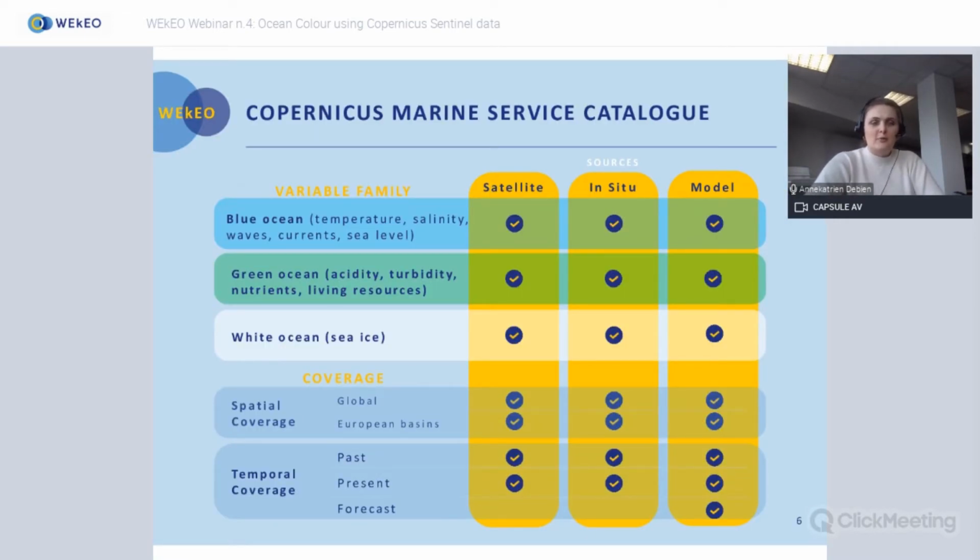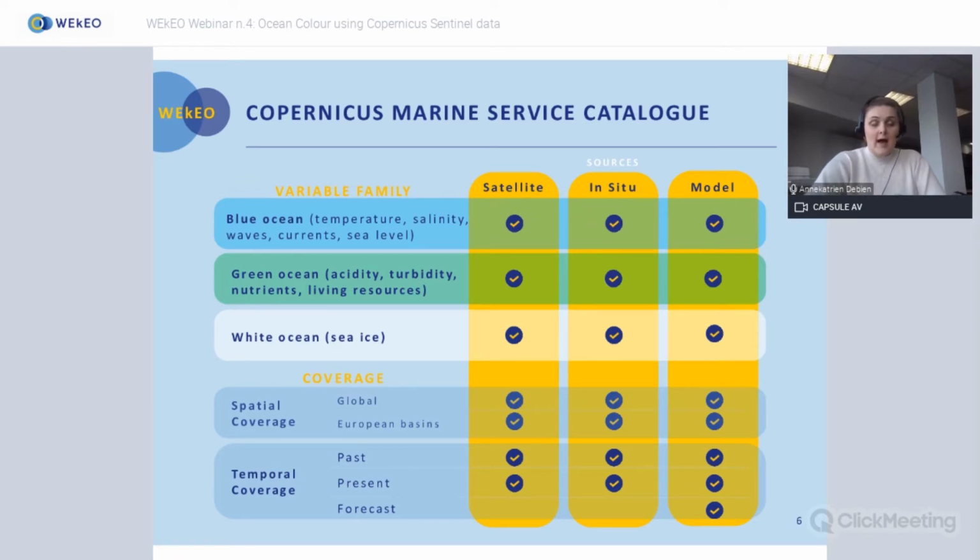So the Copernicus Marine Environment Monitoring Service, long name, will give you derived information, so not just the raw satellite images or any raw observation data, but really value-added information about the blue ocean, so any physical or chemical parameters, temperature, salinity, waves, currents, sea level. The green ocean, which looks more at biological parameters in oceans, in seas, and then the white ocean, sea ice in the Arctic